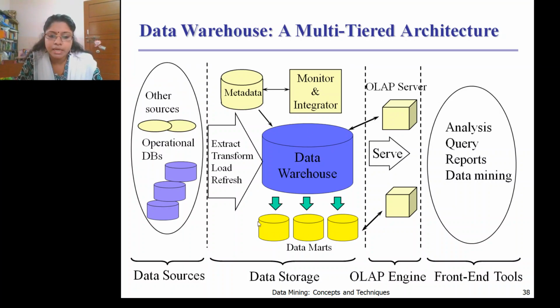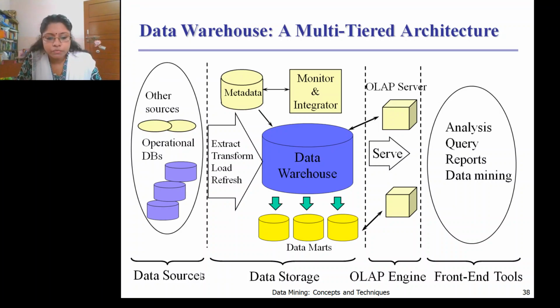It is actually something like specified units that will have their own functionalities. Suppose if a university is a data warehouse, then departments can be called data marts. A data mart is a separate entity that is linked to the data warehouse, but it will have its own purposes. Each department will have its own purposes.